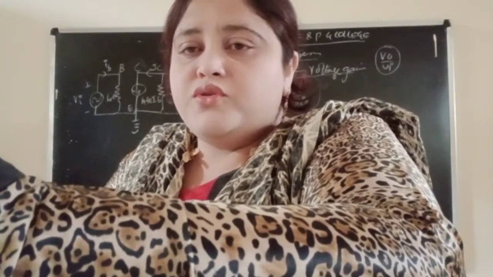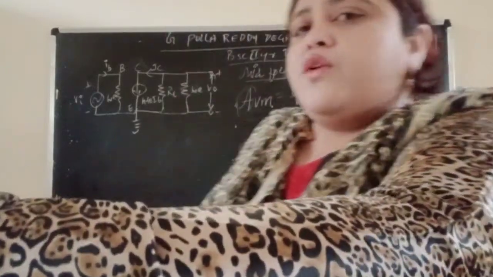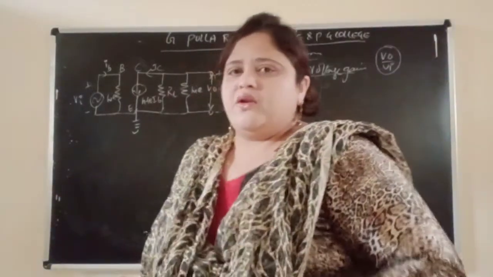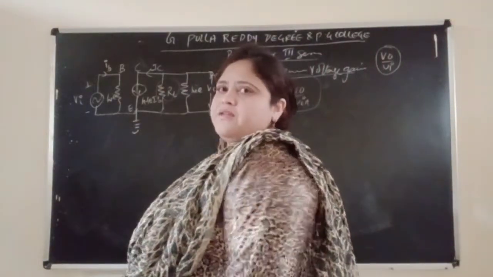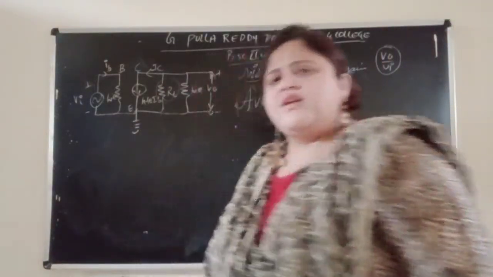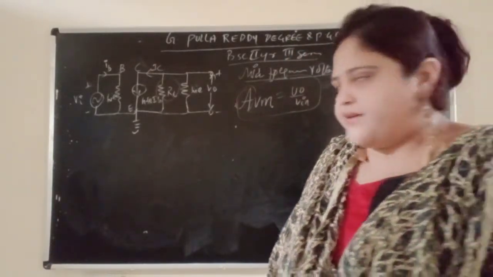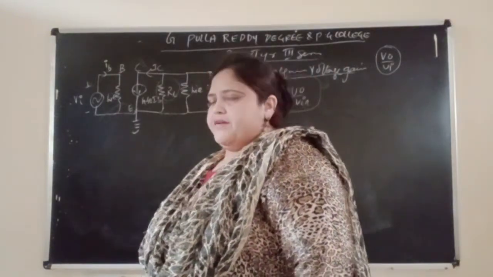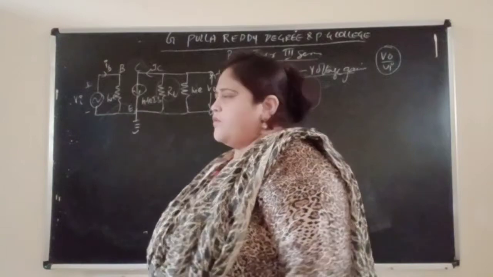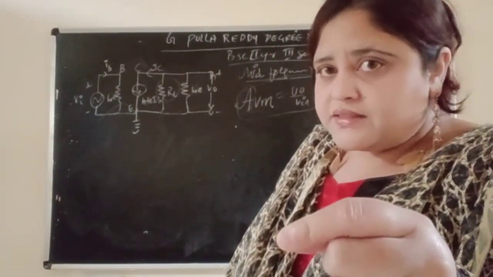Now, for output divided by input, you should know what the output formula and the input formula are first. Before going to output, how will you calculate it? You will calculate the output across the load resistance, obviously. Output in electronics you always calculate across the load resistance, correct? And input you can calculate from this part. But output you have to calculate across the load resistance.